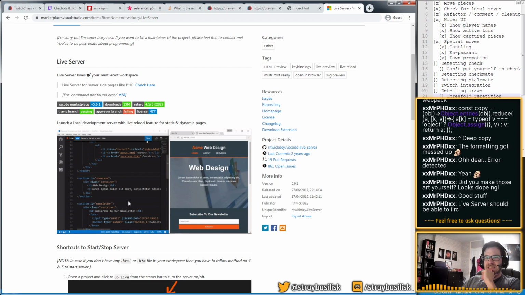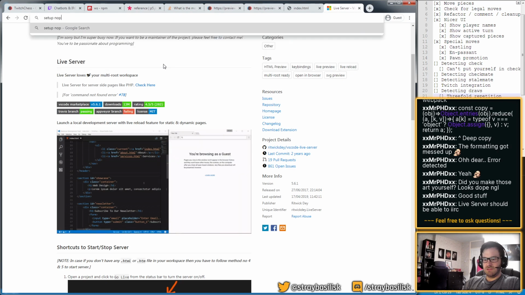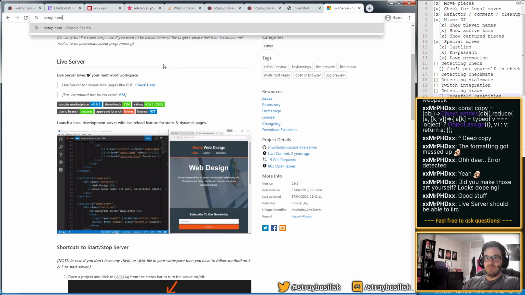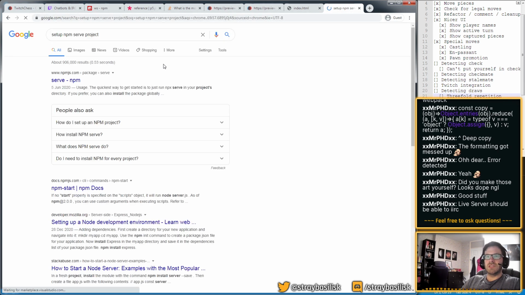So ultimately, I think this is going to need a little node backend, so I may just want that basic skeleton.